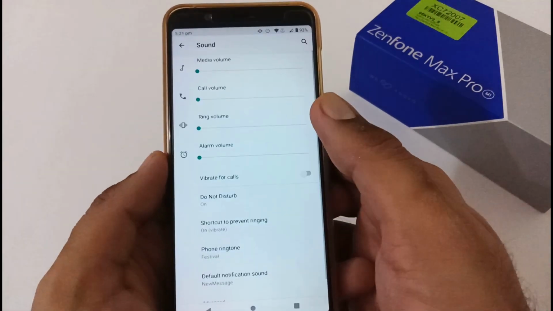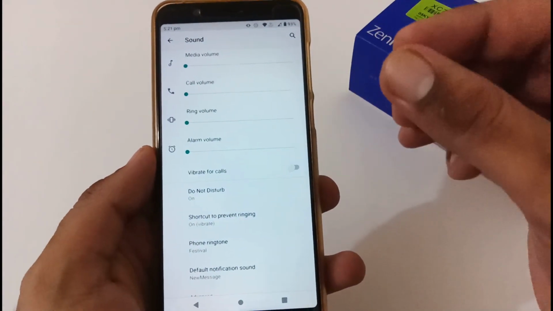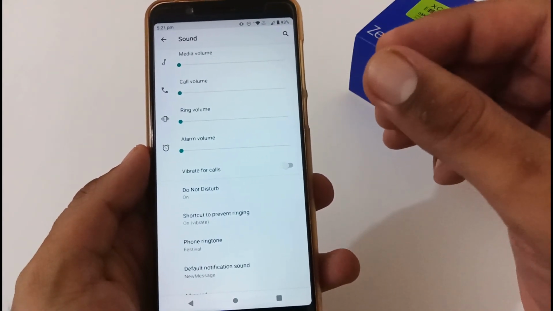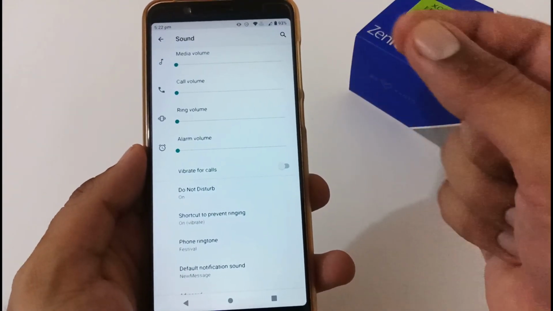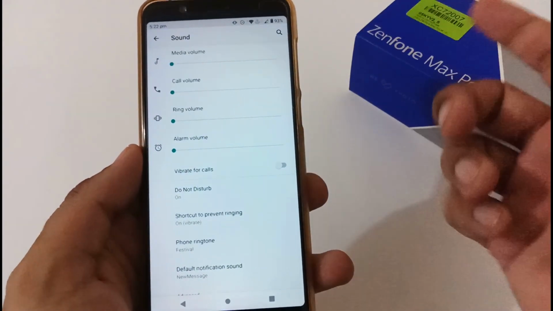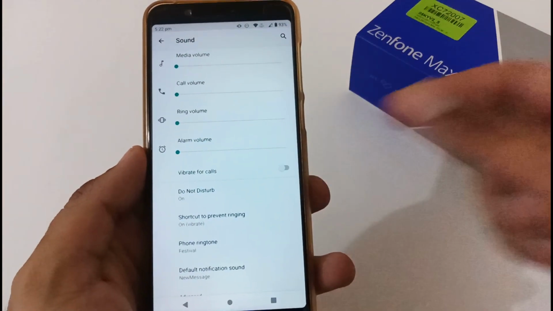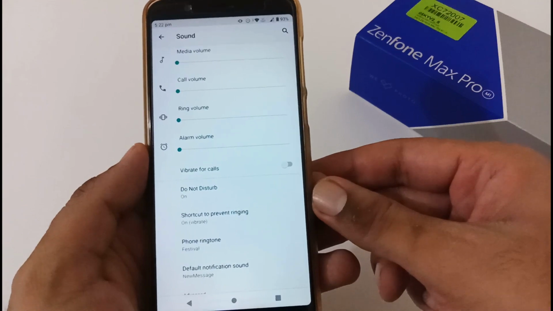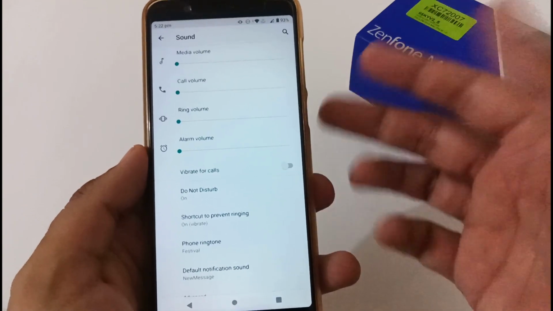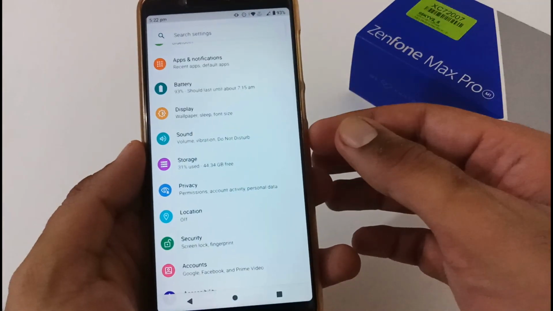But now let's discuss the sound perspective. I have found that the sound on this particular pre-decrypted ROM is somewhat better as compared to the original stock ROM version 429. So whenever you flash this ROM, if you find the same thing, then do confirm it to us in the comment section below. Otherwise, if you are facing any issue, you can also post in the comment section below.